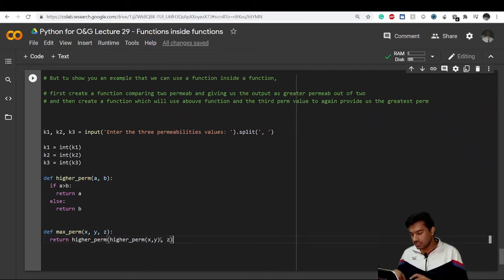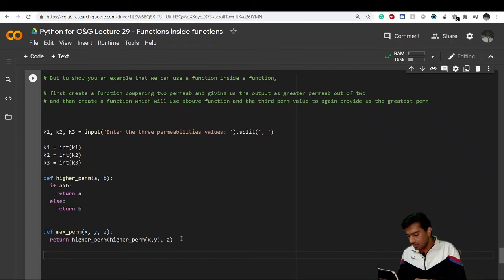So this will give me definitely a maximum of x and y, because this is how I have defined this function higher permeability. And whatever the output will be, it will then be compared with z according to this function higher permeability. It is a bit confusing, but please take your time. I am definitely sure you'll understand. Just pause the video and try to understand what I have written here.